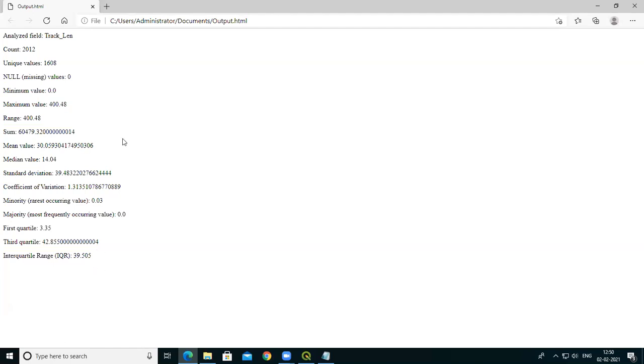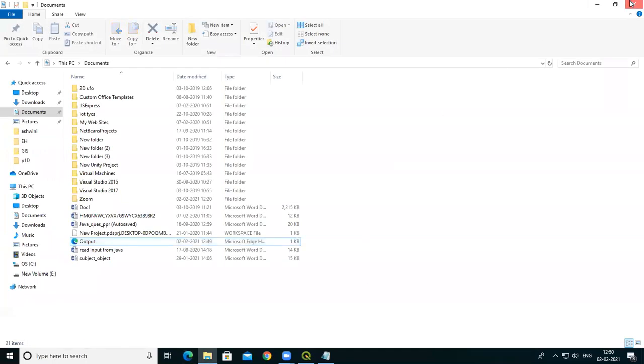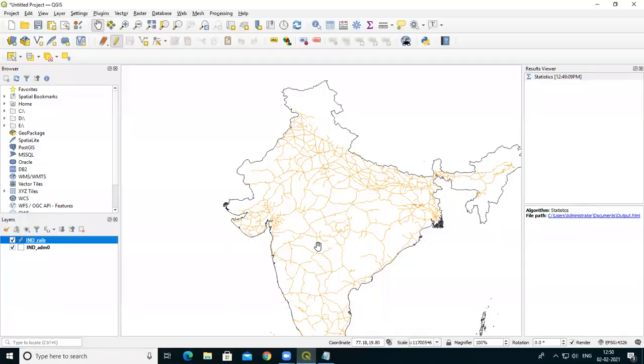So this is practical number 1D, calculating line lengths and statistics. I'm showing you that particular practical related to the Indian Rail. You can find information related to the length of any roads covered in a city, any of the roads available in a particular geographic area. If you have made a graphical representation of this type and want to count the total length, we can use these methods. This is practical number 1D.